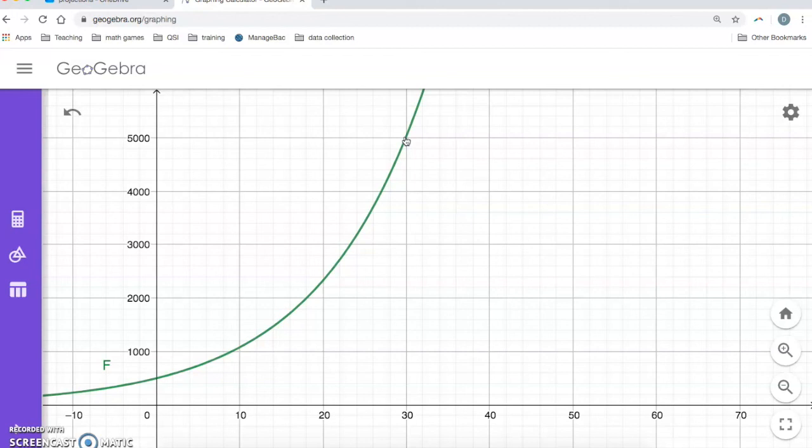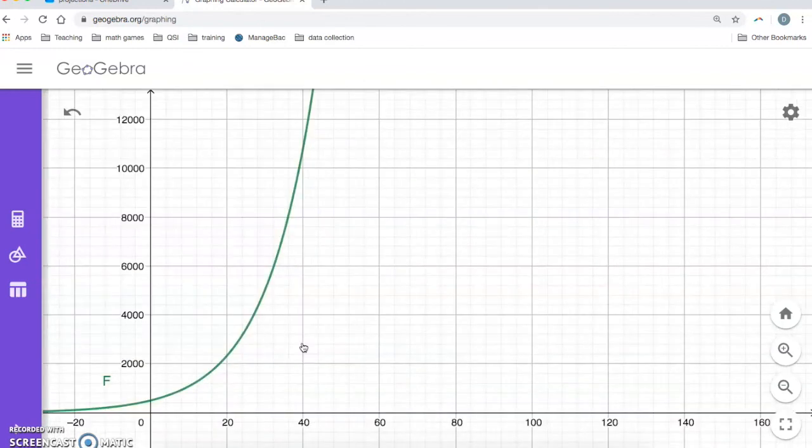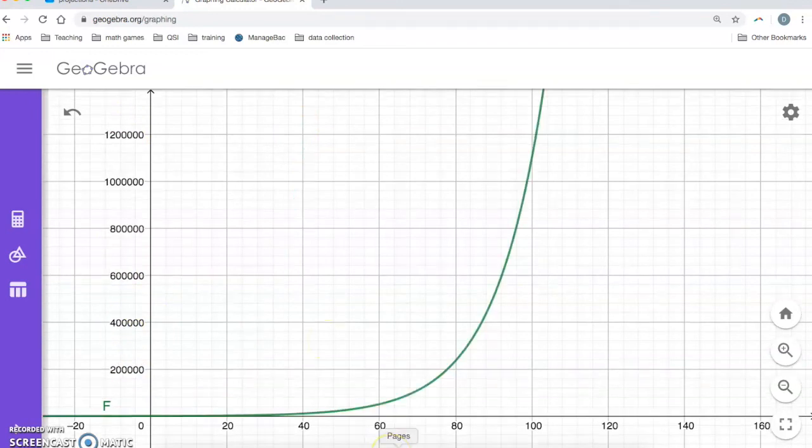Now to really make my point clear, let's see what happens after 100 years. I'm going to zoom out even further here. So look at this. It's increasing so steeply that after about 50 years, we can't even see what the value is on this graph. So now I need to change the scale on the y-axis because this curve is growing so steeply. Okay, now check this out. After 100 years,